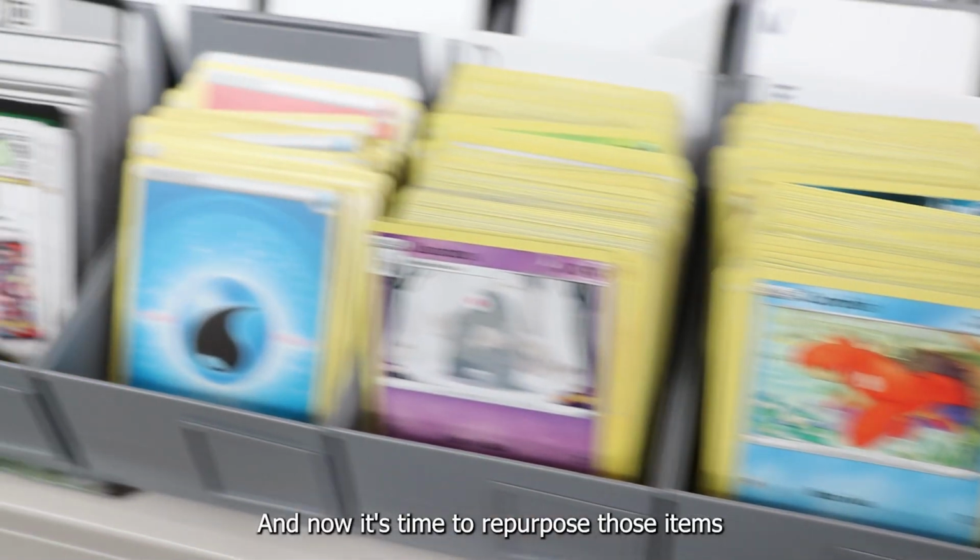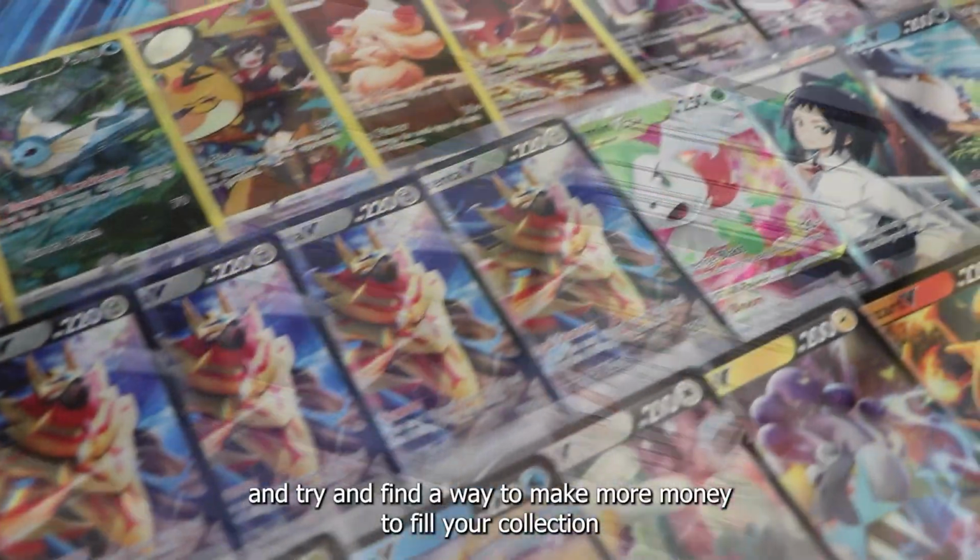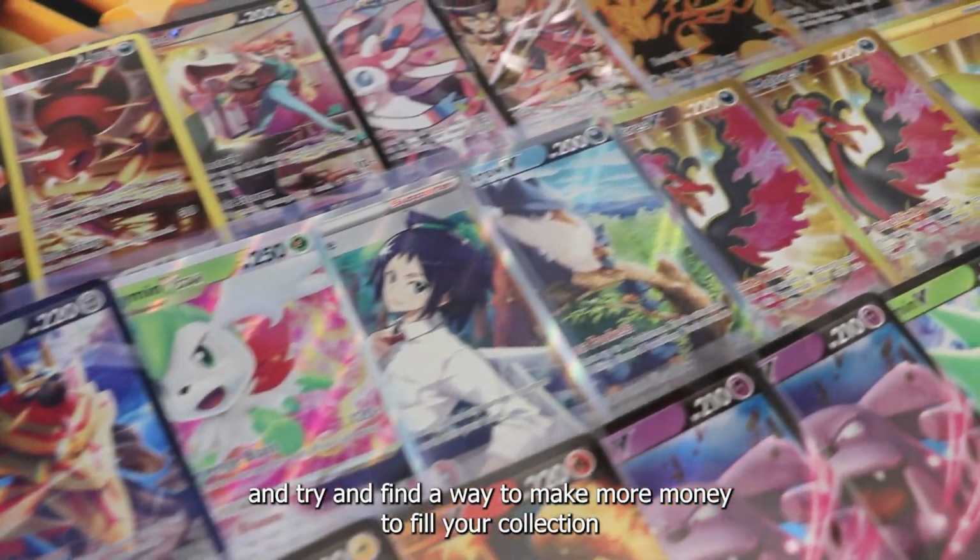They might have completed their sets, they're done with what they need them for, and now it's time to repurpose those items and try and find a way to make more money to fill your collection or your collecting or your passion needs when it comes to Pokemon cards. Well, I have a solution for you. I actually have 3 of them, and today I'm going to show you 3 different ways that you can sell